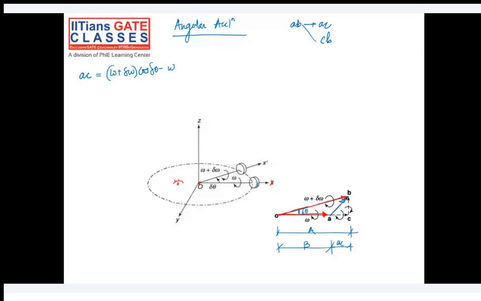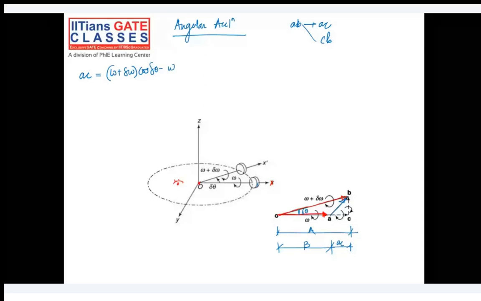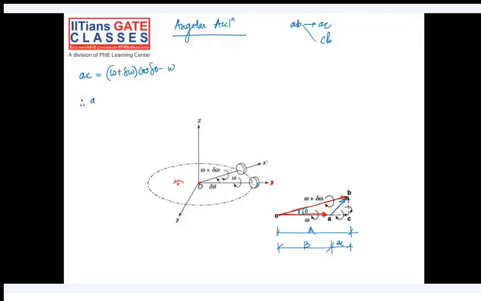And what is the rate of change of angular velocity? Rate of change of angular velocity will be angular acceleration, right? So therefore angular acceleration is, I would say, limit delta t tends to 0, omega plus delta omega cos of delta theta minus omega divided by delta t. Okay, so this is how we do the differentiation. So as delta t tends to 0,